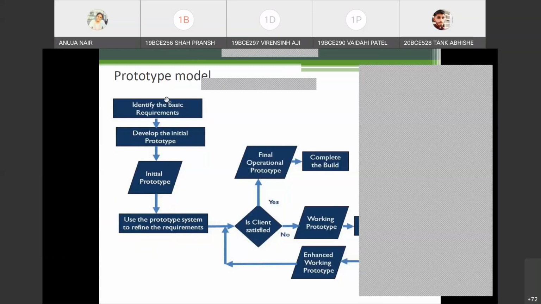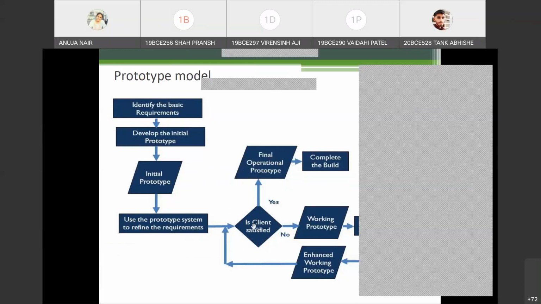Earlier you had only put basic requirements. Now if I want to refine it much further, meaning go to a much deeper level of the requirements, then what will I do? I will give it to the client first. So I will give the prototype with the basic requirements to the client in order to refine it. So if the client is satisfied, right? If the client is satisfied, then what will I do? I'll convert the prototype into a normal structure, our normal build, okay, the working product.